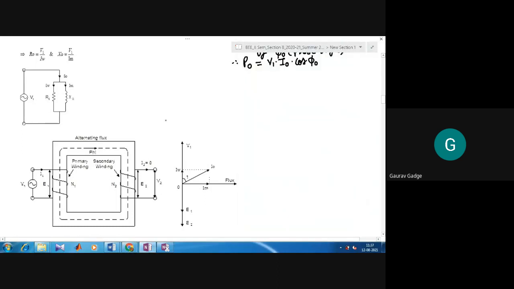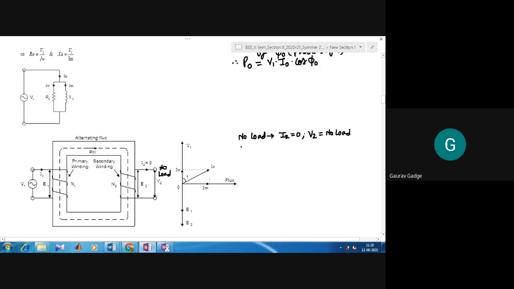As I told you, we are discussing the transformer under no load condition. It means the secondary side is under no load, and the secondary current is equal to 0, and therefore we get only the terminal voltage, which is also called the no load voltage. So we can call that voltage the voltage under no load condition: secondary voltage, no load voltage, etc.